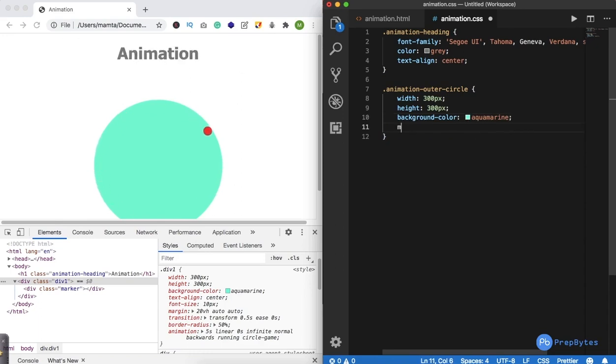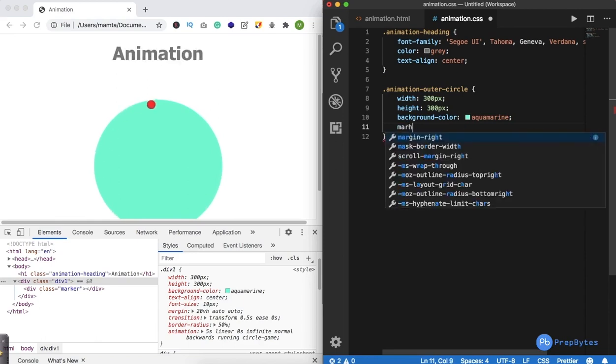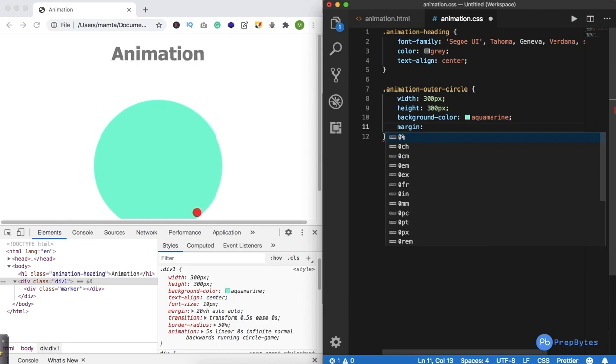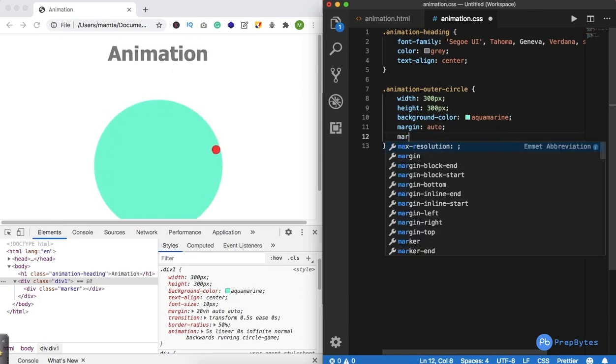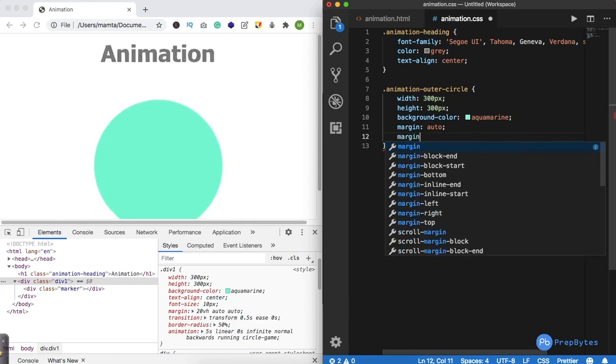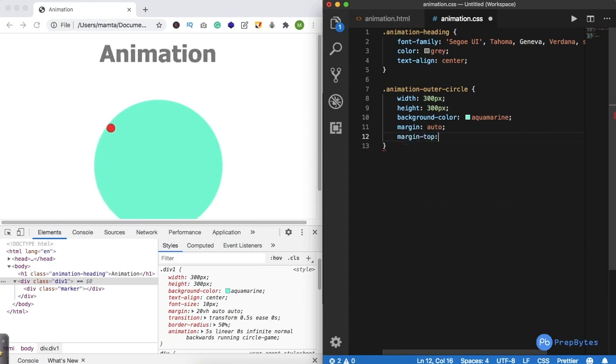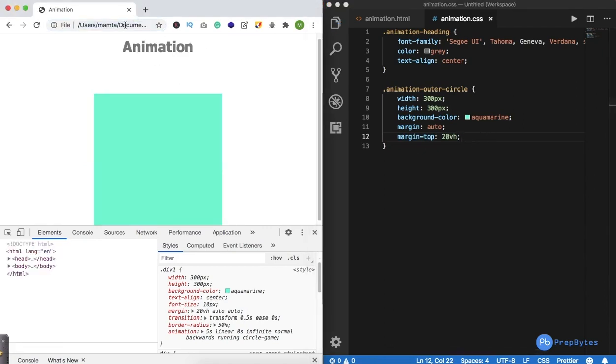And apart from that, we have margin auto. We want this margin auto so that our circle comes in the center, and for margin top I'll keep it 20vh. I think I have all of this. Let me go ahead and refresh this.